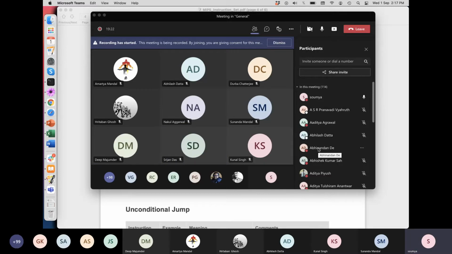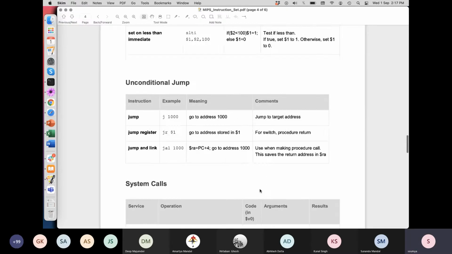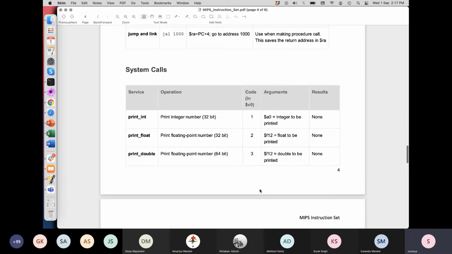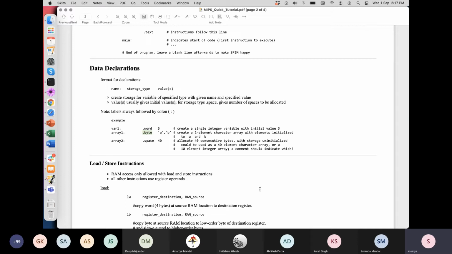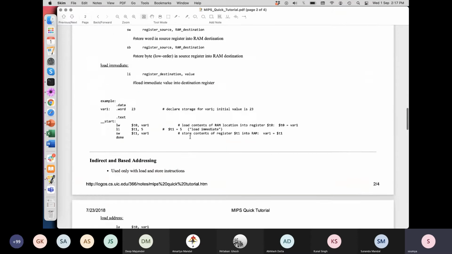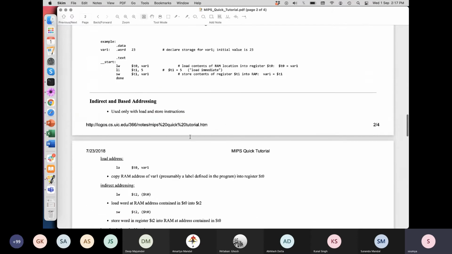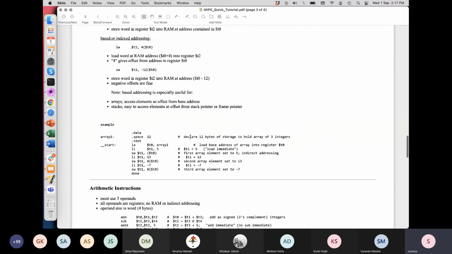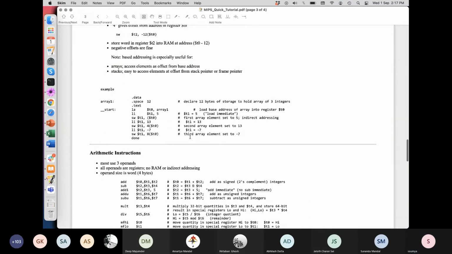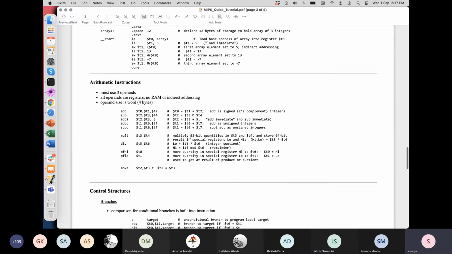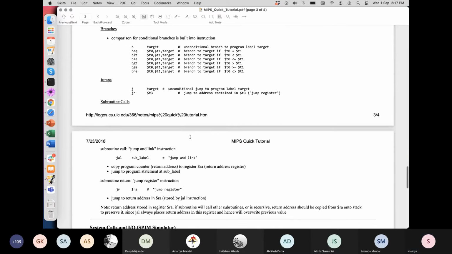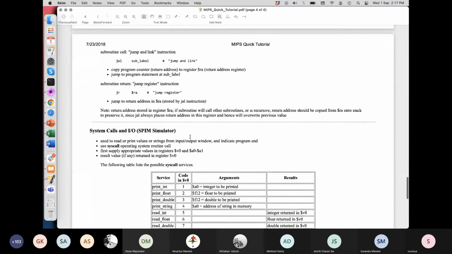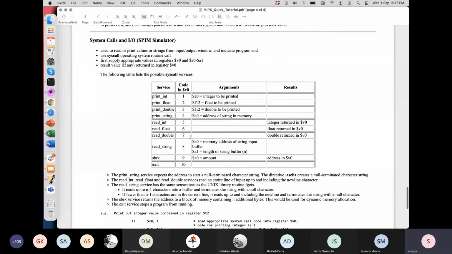Okay, fine. Now let's come to the important thing, which is system calls. I think this also has been discussed in your tutorial, but we will just go through it once. So this has been covered, right? The system calls for SPIM. Anybody? Yes, sir, the read and write calls have been covered.